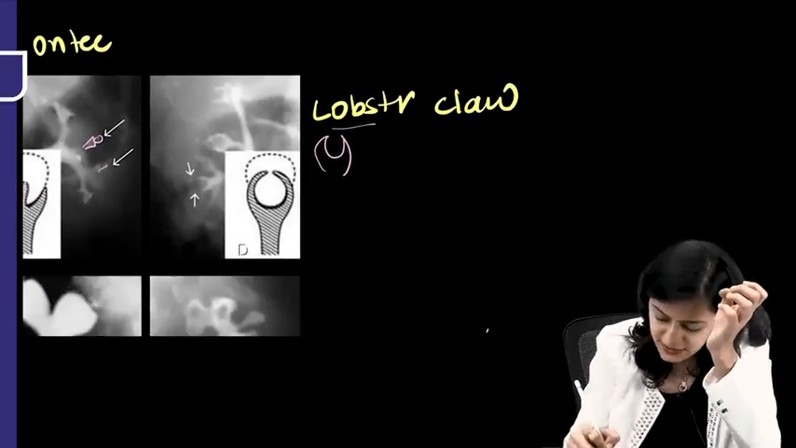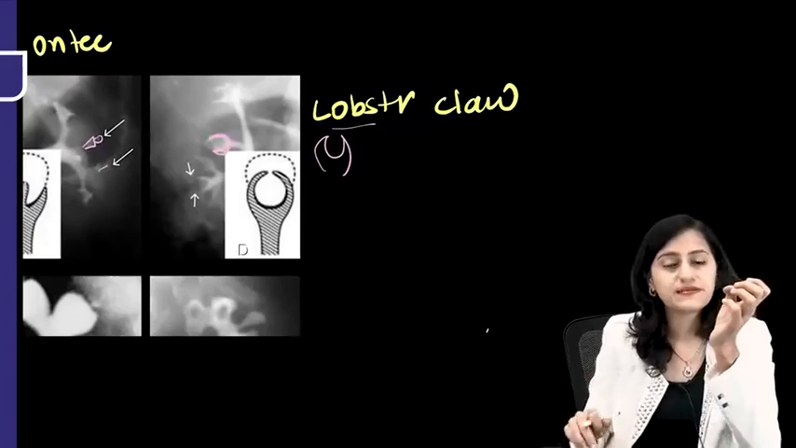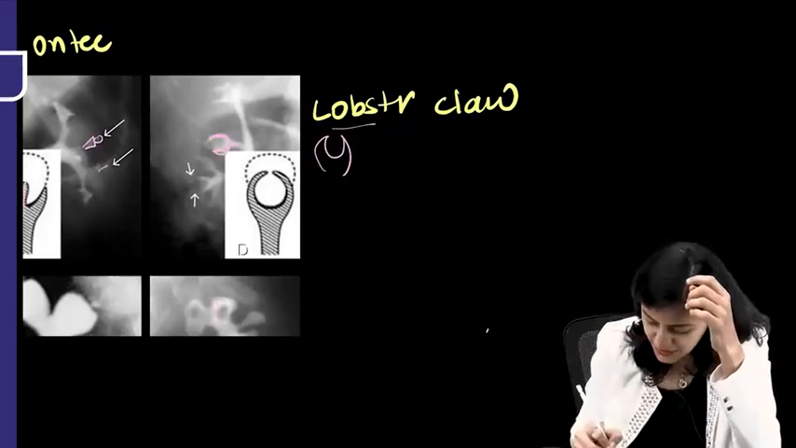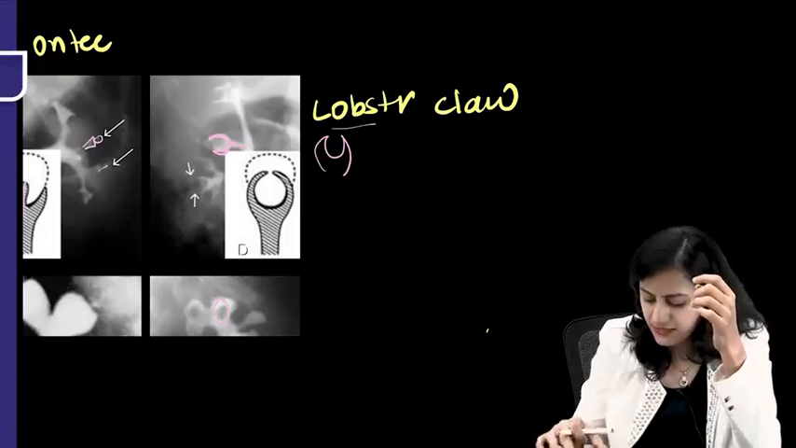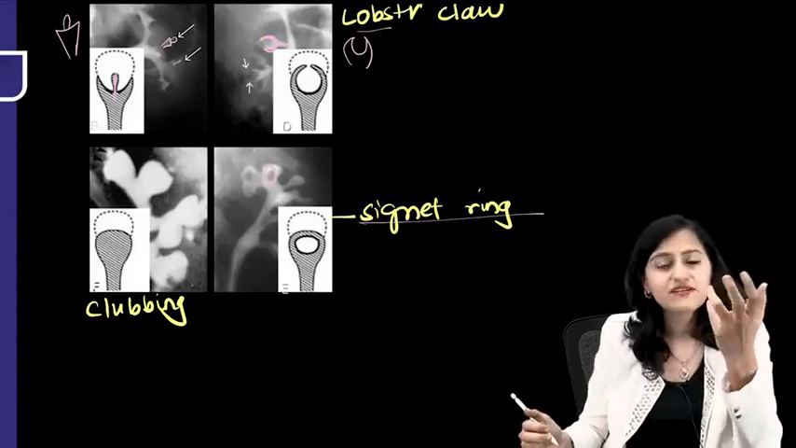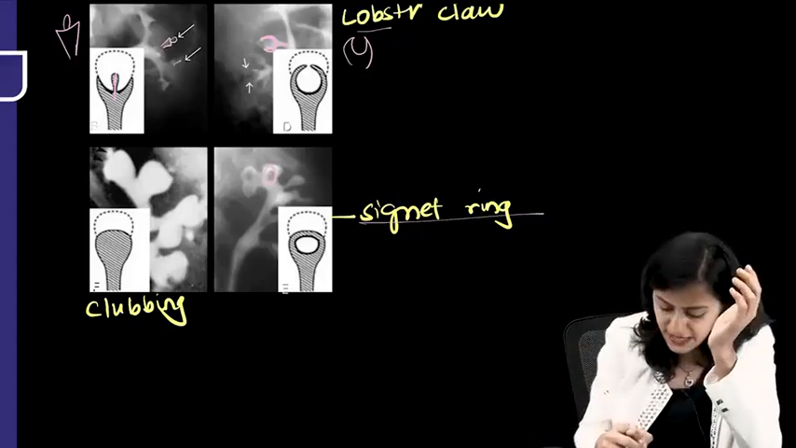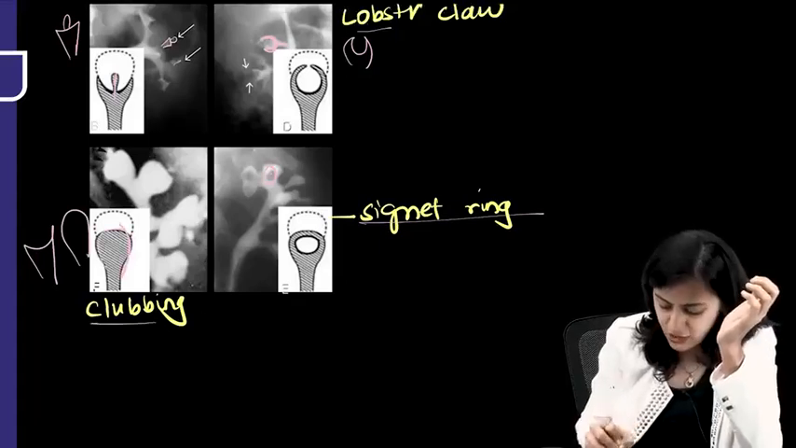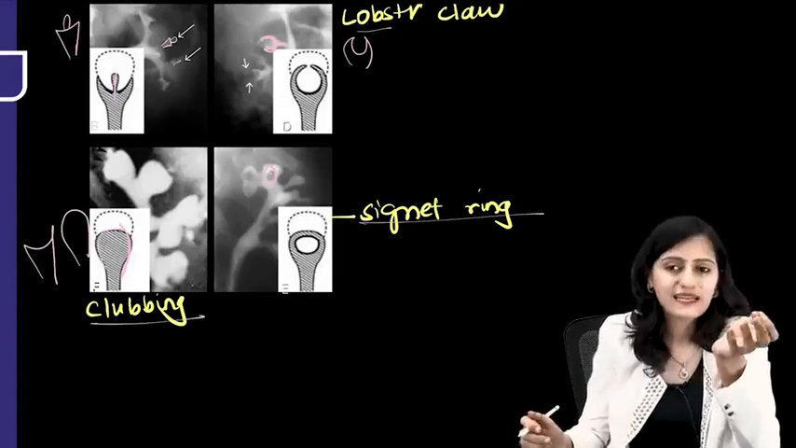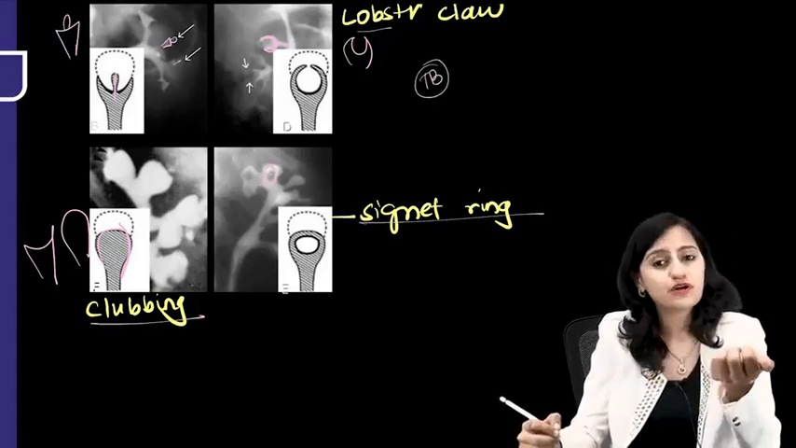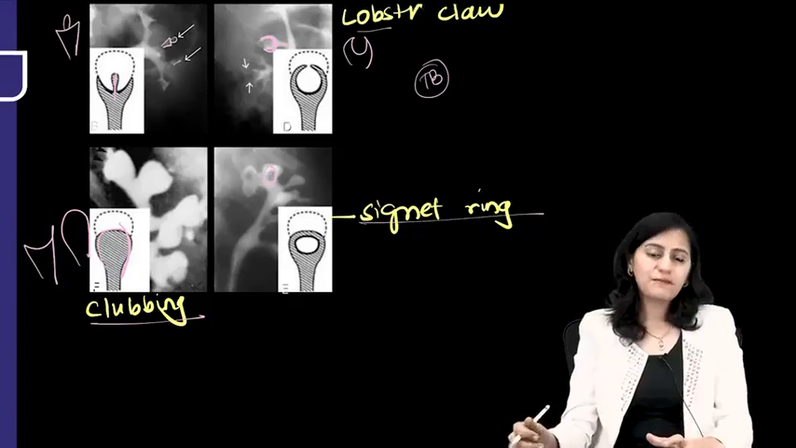Next is the calyceal fornix growing around the necrosed papilla like a lobster claw. So the next is the lobster claw appearance. Now this claw becomes a complete ring. So you see this complete ring around the necrosed papilla, that is the signet ring sign. And then we have the next one. The normal calyx is concave. Now the calyx gets convex, that is called clubbing of the calyx. So all these signs can be seen in TB also,